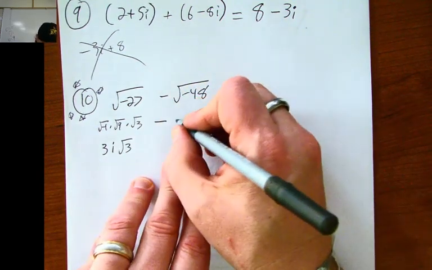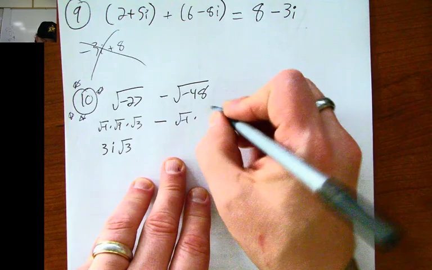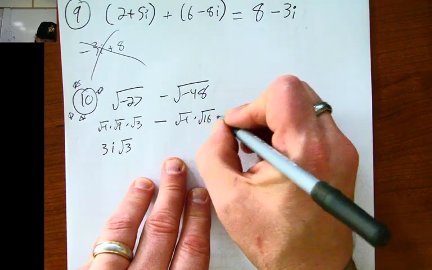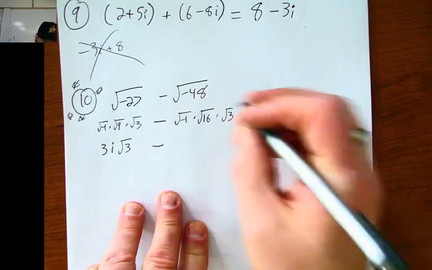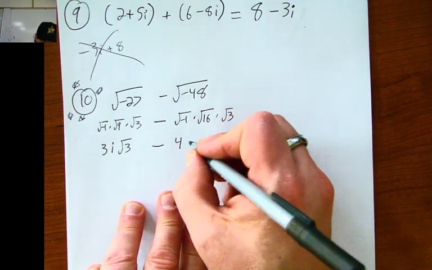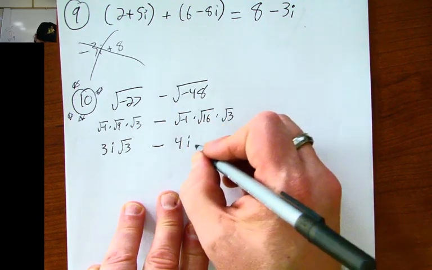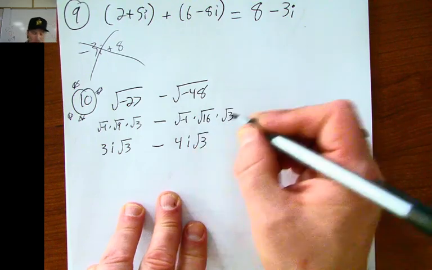This one becomes square root negative 1 times, I can divide out a 16. 16 times 3 is 48. And square root of 16 is 4. Square root of negative 1 is i. Square root of 3 is just root 3. Now,